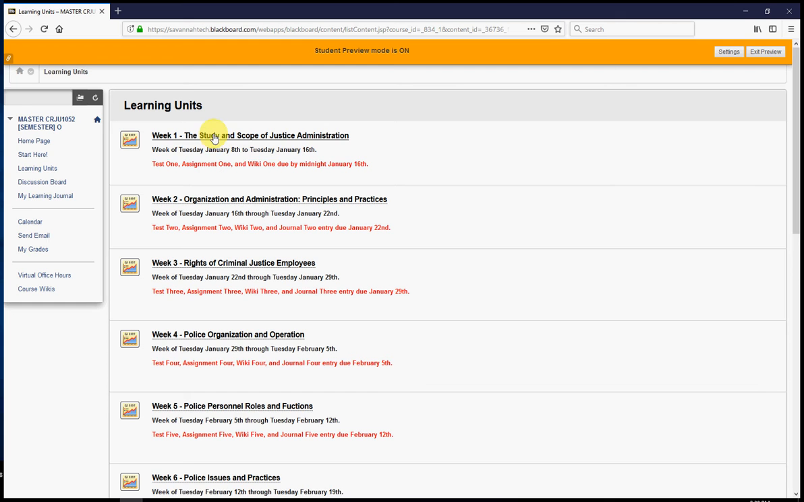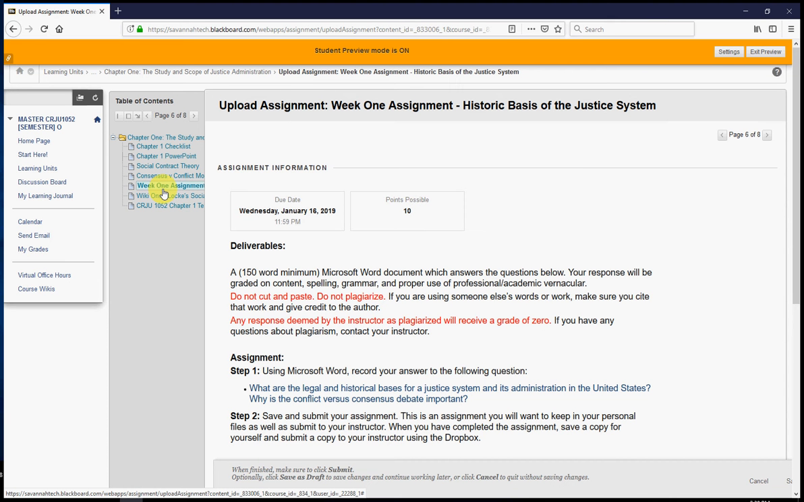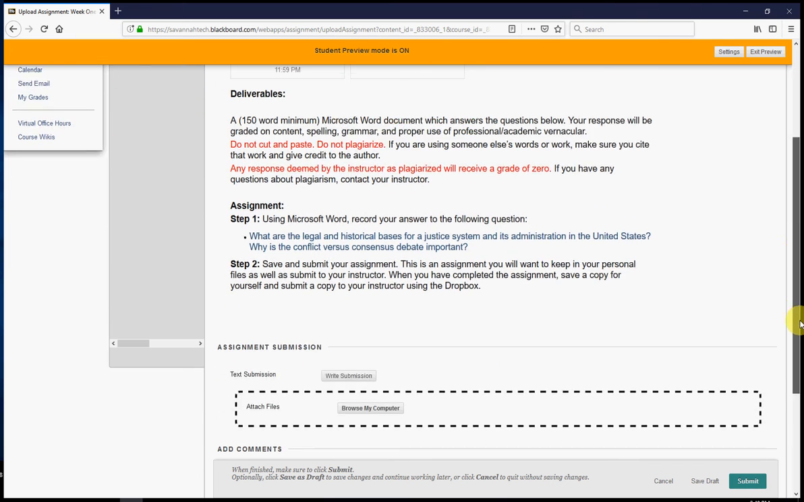We're going to click on the first learning unit, and then go over to the left hand menu and scroll down and find our week 1 assignment. Once we click on that, the assignment opens up and you can see it gives you some information concerning the due date. It also tells you how many points are possible for the assignment,